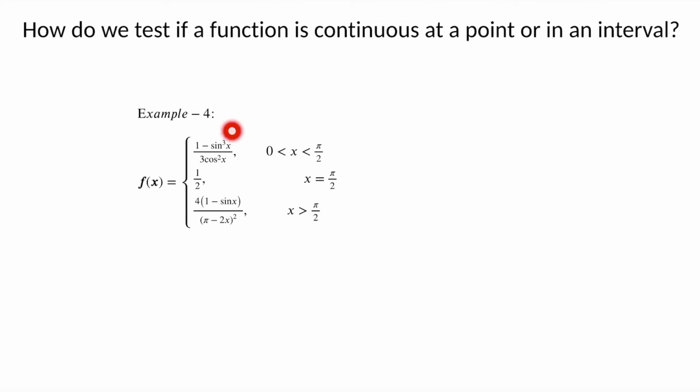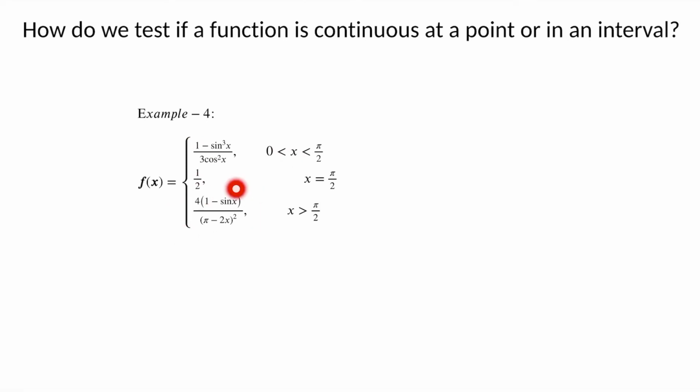So for example, look at this mathematical expression here. It uses trigonometric expressions. So all that you need to check is the points where the denominator might take a value of 0 in this interval. And if you look at this interval, it doesn't contain the points 0 and pi by 2, right? It contains all the points between those two ends. And cos x doesn't become 0 in this interval. So this function is defined and it would be continuous in this interval.